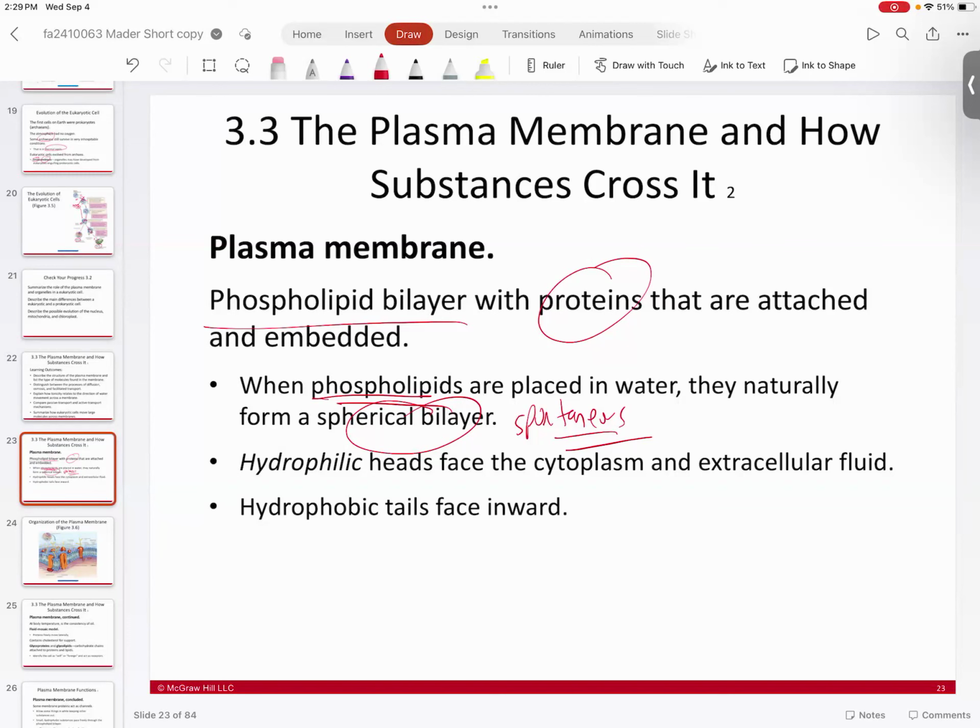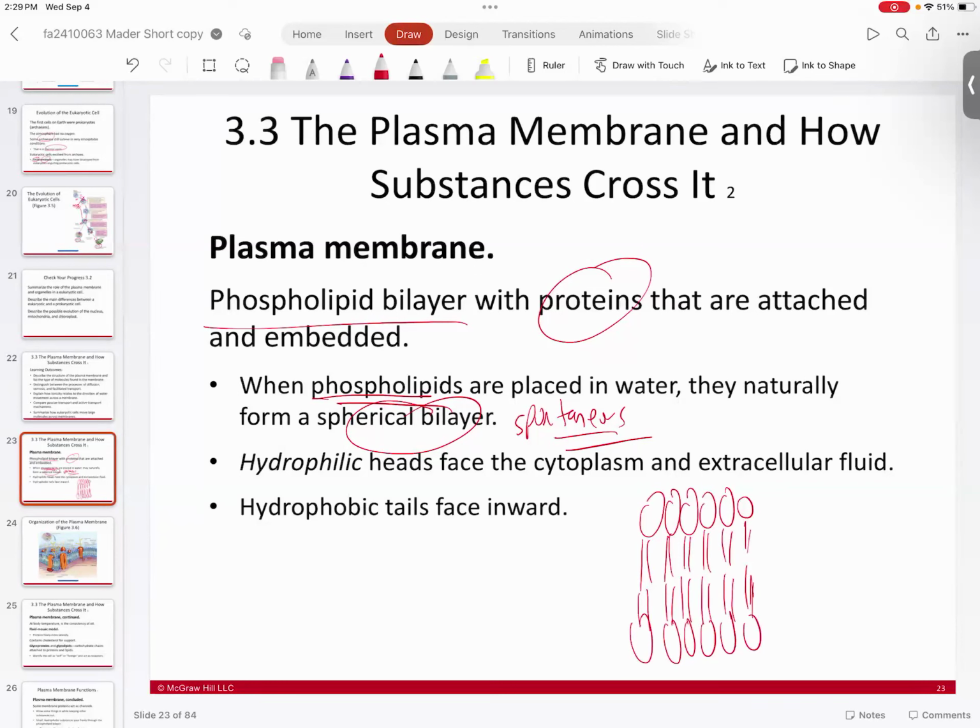Those nonpolar tails are feeling the same way in water. So as a result, they are willing to do anything, which basically means they will automatically form this bilayer, which is designed to eliminate water. So they'll point their phosphate heads toward the water, and their nonpolar tails will cover each other and protect each other